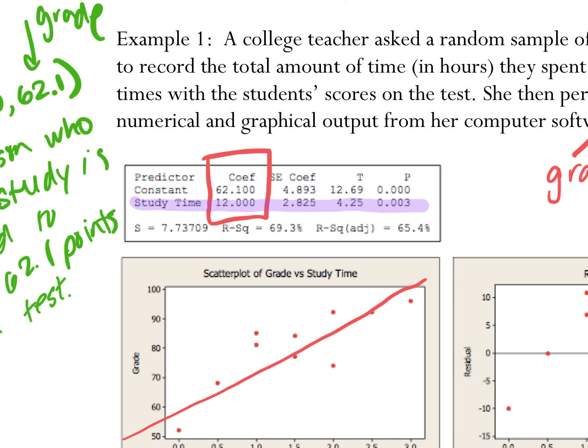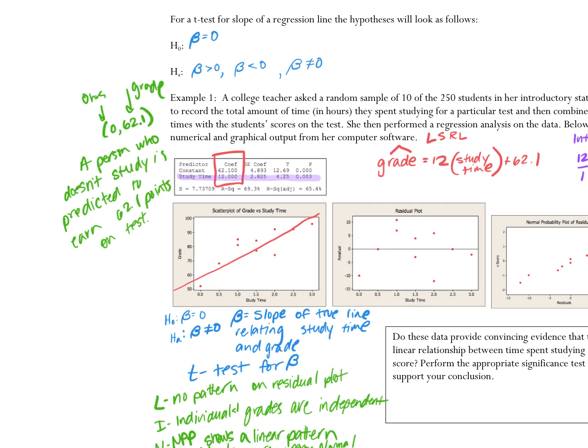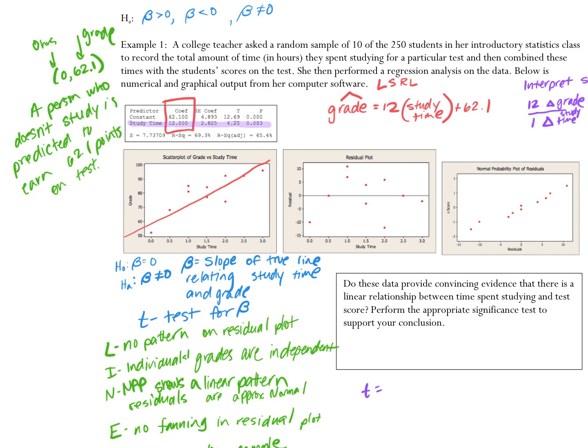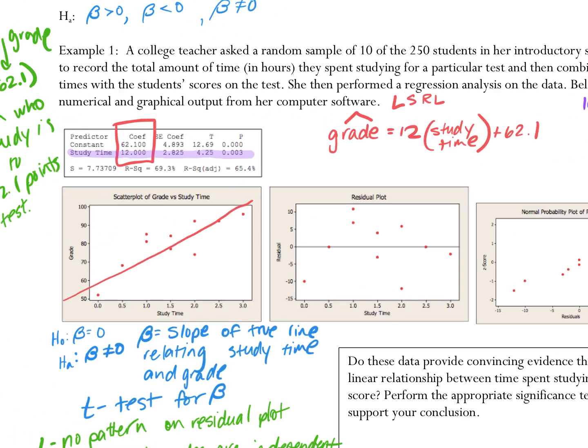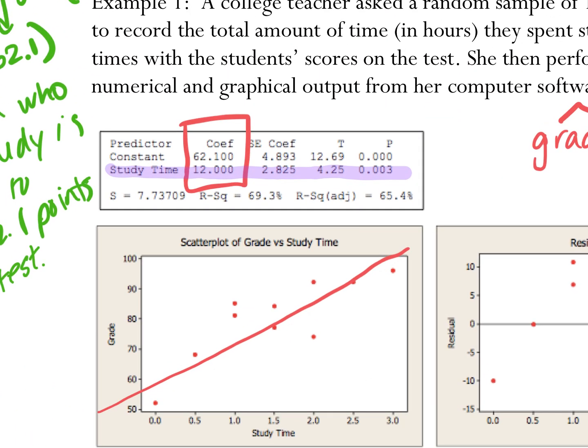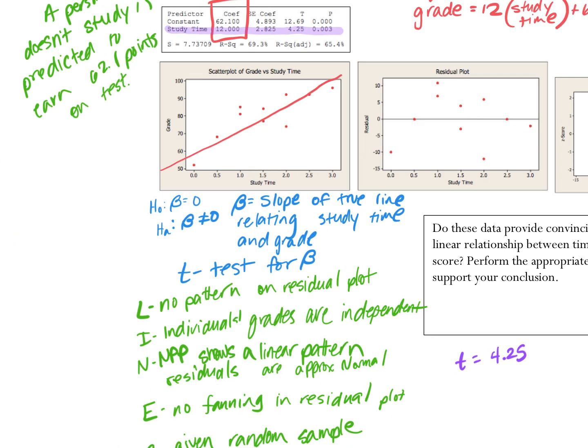Do you guys see the T and the P? Okay, which means our T statistic is equal to 4.25. Now, I want to talk about that p-value a little bit more, okay? When we get a table like this one, this p-value, every single time, is a two-sided p-value. In other words, picture-wise,